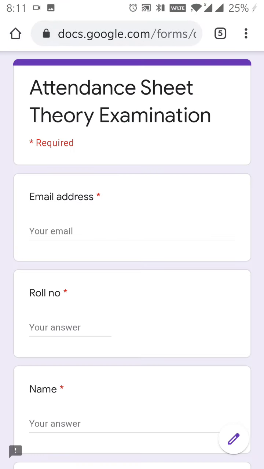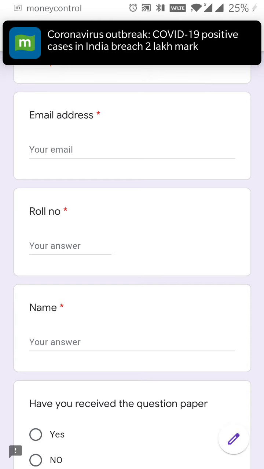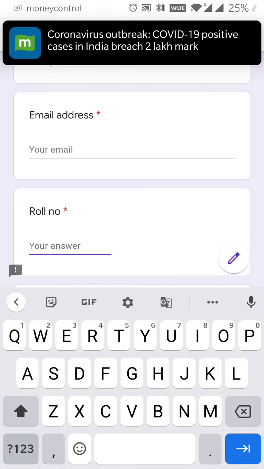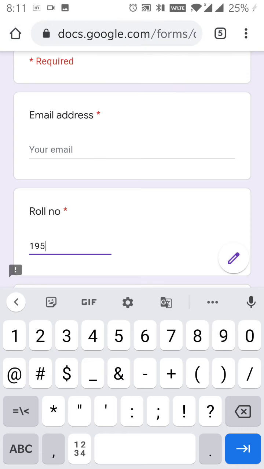Here you have to give the attendance, means you have to enter your email address and your roll number, which will start from 195 for OTPT, 196 for PT, and 195 for the OT, and for the repeaters there are separate numbers that I am going to share with you.